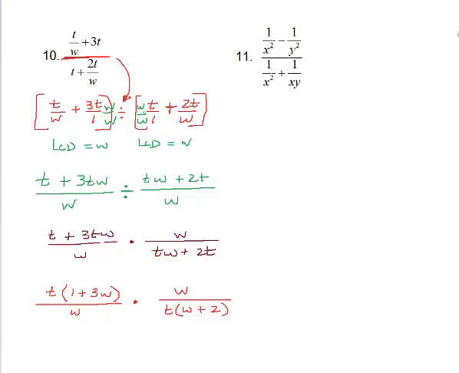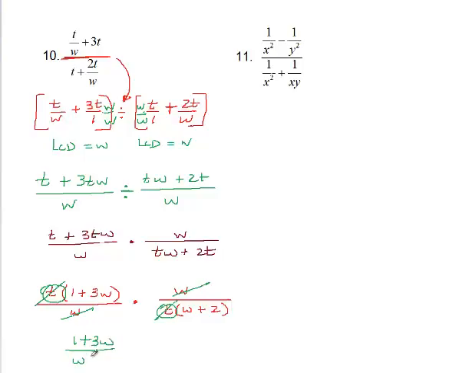Okay, now because everything's factored and multiplied in the middle, we can cross cancel. So this w here can cancel with this one, and this t up here can cancel with this t right here, leaving me with 1 plus 3w